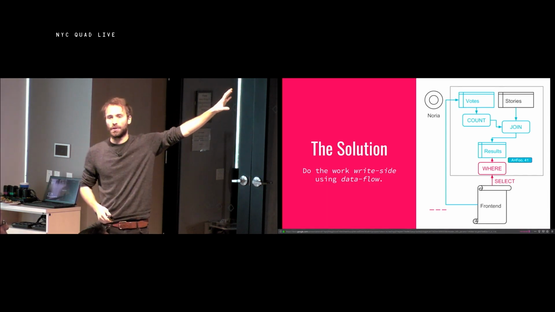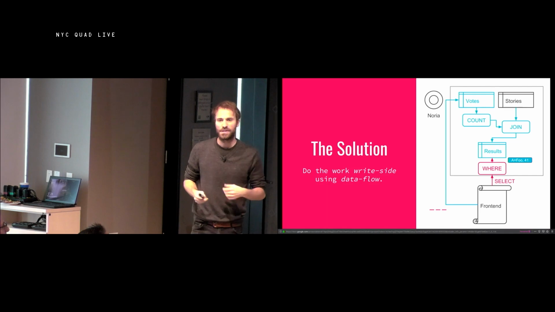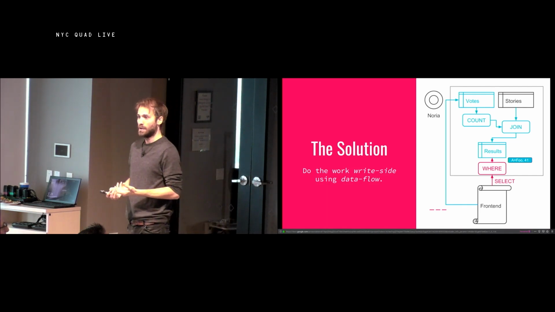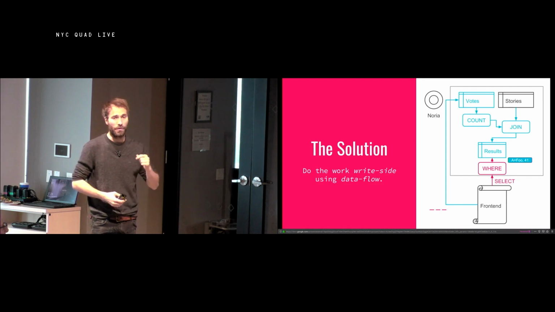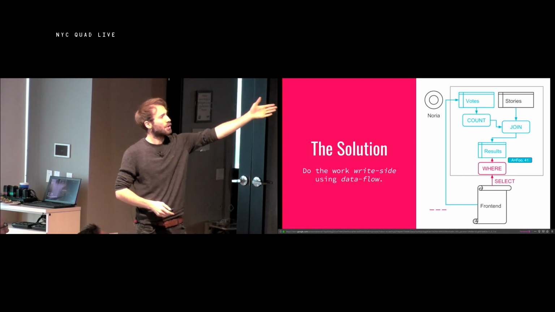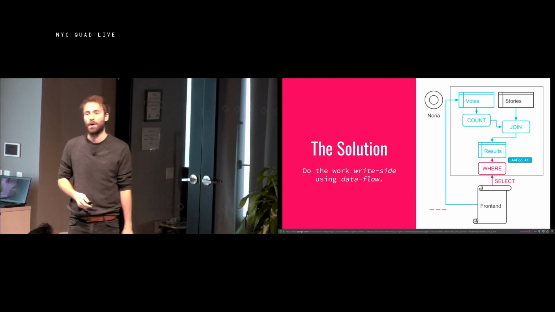So here's the same query that we looked at earlier, but notice that there's this results thing at the bottom, which is what's known as a materialized view. You can think of it as your cache. It stores the current results for that query. And you see that currently for some key A, the story title is foo and the vote count is 41.